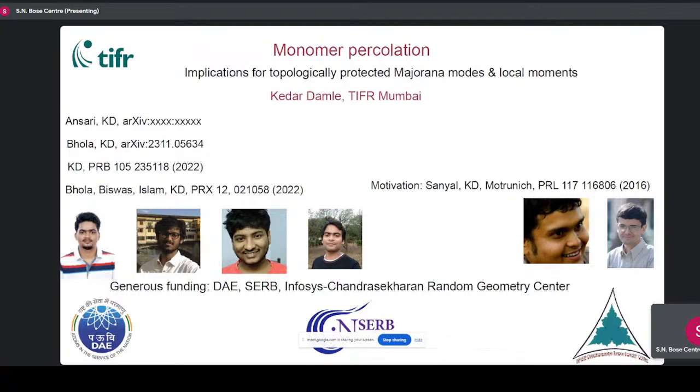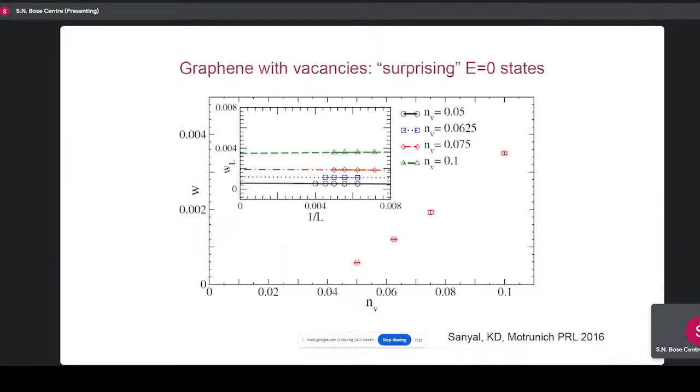It was motivated by some earlier work, which was part of the thesis of Sambuddha Sanyal, done in collaboration with an old friend. Let me just spend 2 slides on the motivation. In this paper, we were trying to look at diluted graphene, when the orbital that contributes to the single band description of graphene is absent at some site due to substitution. And we noticed that there's a non-zero density in the thermodynamic limit of zero energy states that seem to be tied exactly to the zero of the chemical potential. That's the particle symmetric point.